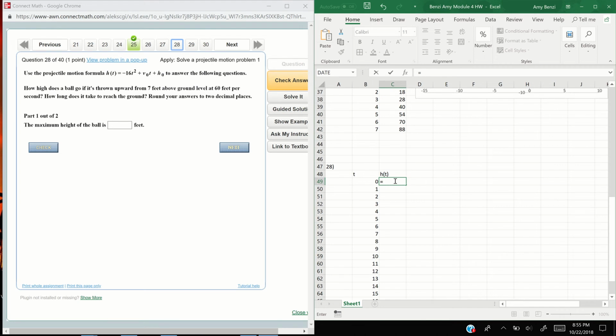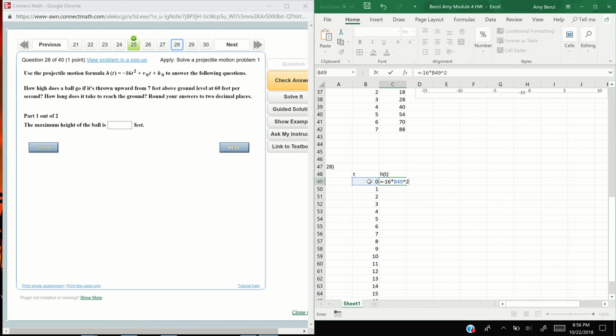All right, so now I'm going to plug in my formula here. Force of gravity, negative 16 feet per second. In this case, we're dealing with feet per second, guys. If we were dealing with meters per second, it would be 4.9. So if you ever see that negative 4.9, that's when we're dealing with metric. All right, so our force of gravity is negative 16 feet per second times x squared. So that's x raised to the power of 2